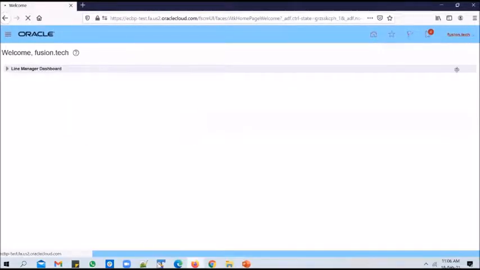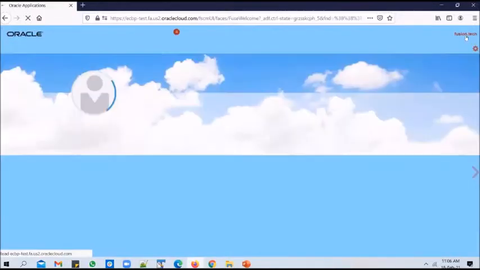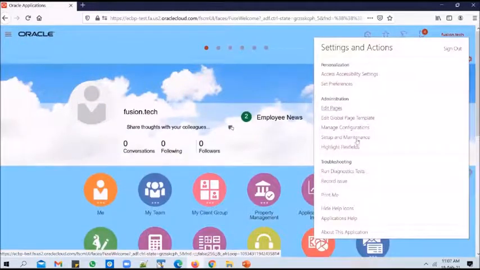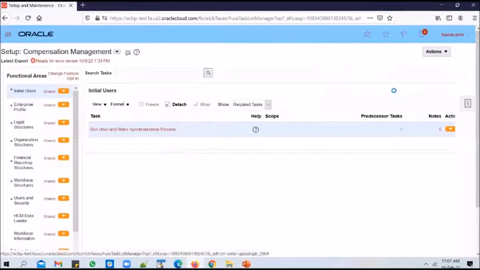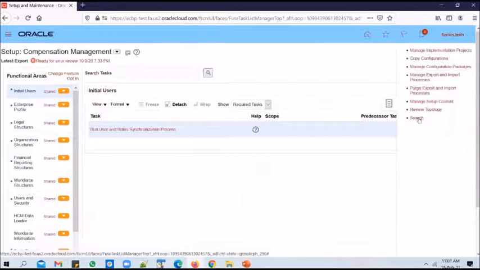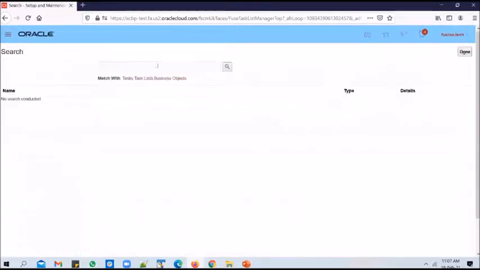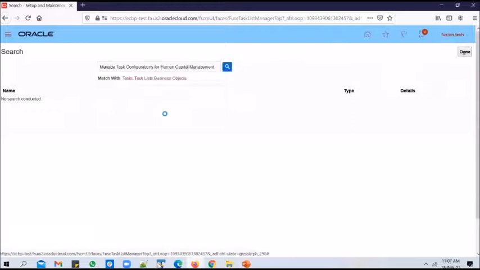You can access the task by going into setup and maintenance, clicking on the task ribbon, going to global search, and searching for the task Manage Task Configurations for HCM.